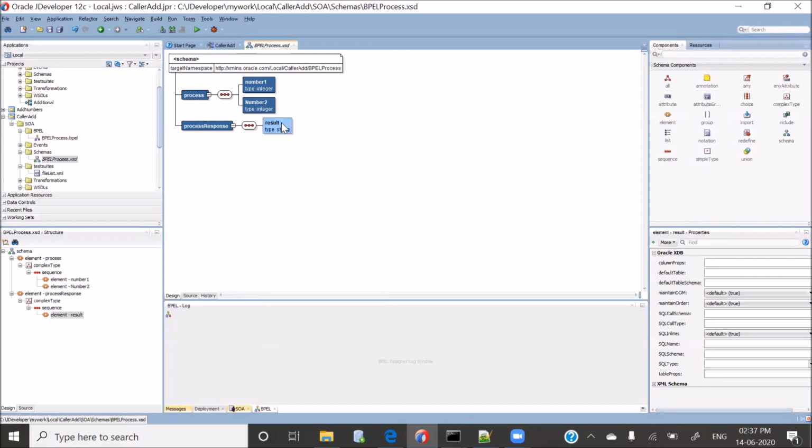For the result, let's make it also of integer type, because this will be the sum of the numbers. Let's make it capital as well. And here itself, I'll create two more variables. The first variable, let's give it the name error. The second variable, let's give it the name instance ID. This we will make of integer type.